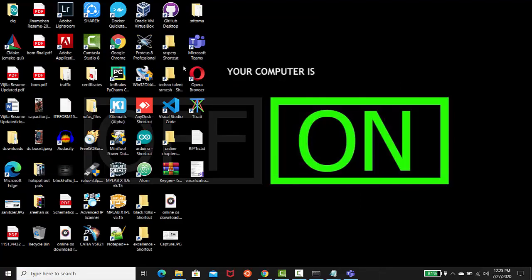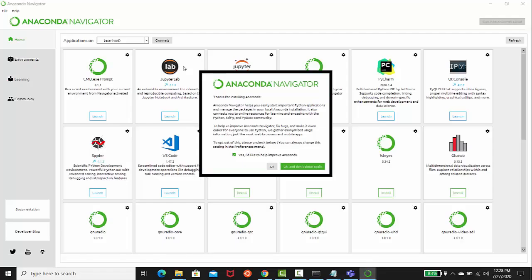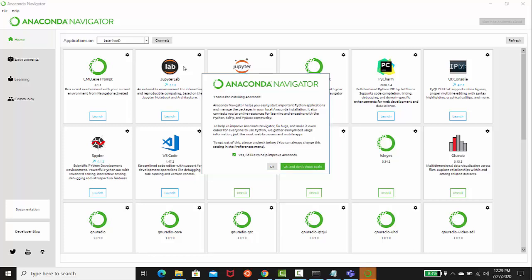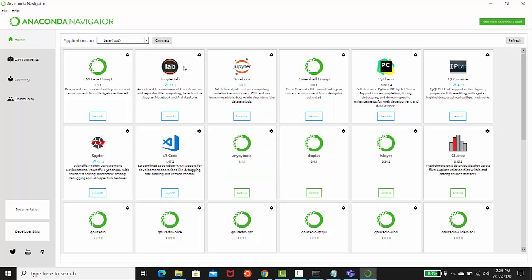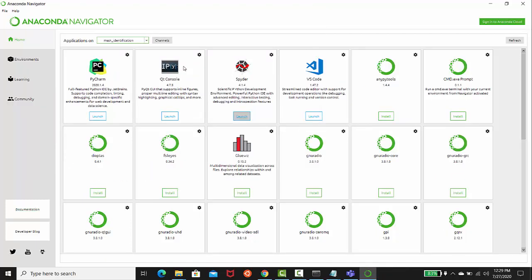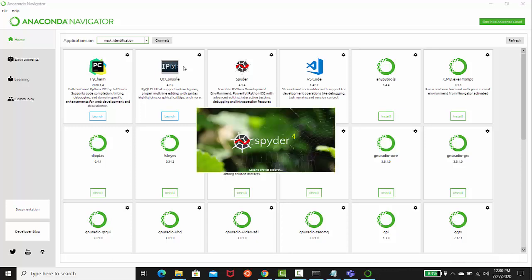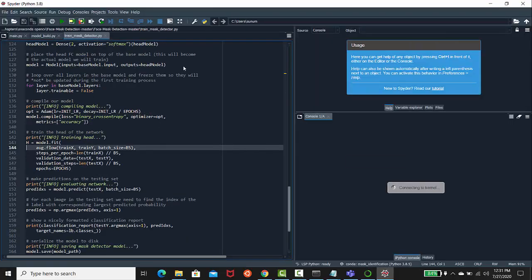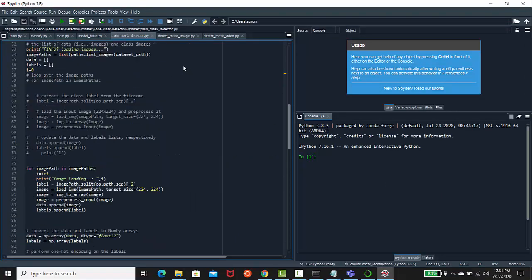Again, you just open up Anaconda Navigator, and after installation, in the applications section, in the top, below Anaconda Navigator, in that base root, you can see your environment name. Just click on that. You can see Spyder. You can launch it. If it is showing as launch, it means that your selection is perfect and we are ready to work with Spyder right now. So let's see how to download a dataset after this.